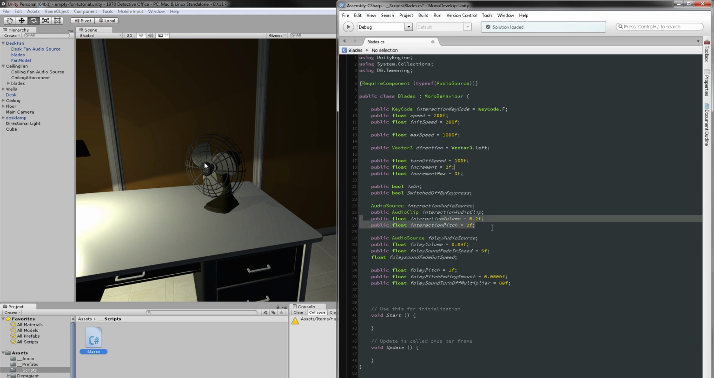Then we have the audio source, which is private for the interaction because it's attached to the blades itself. Then we have a public interaction audio clip. We can select this later. We have the volume because I'm using as loud as possible sound files, so I can tweak it inside of my editor. And we have an interaction pitch, which we can do some math randoms or a random range even